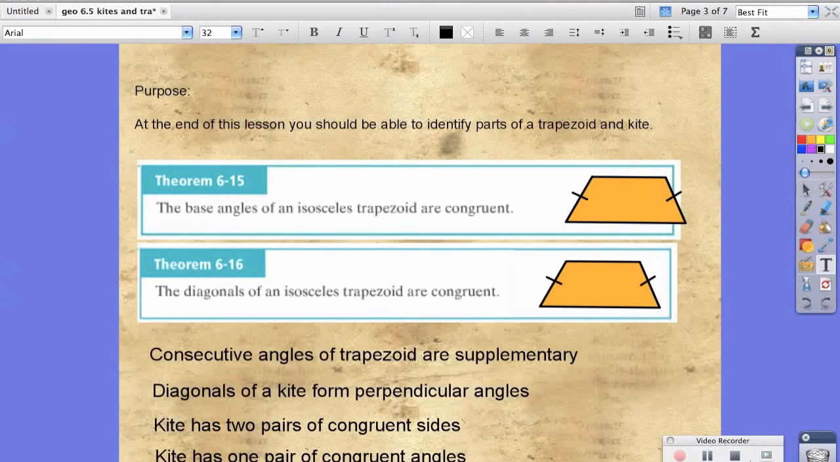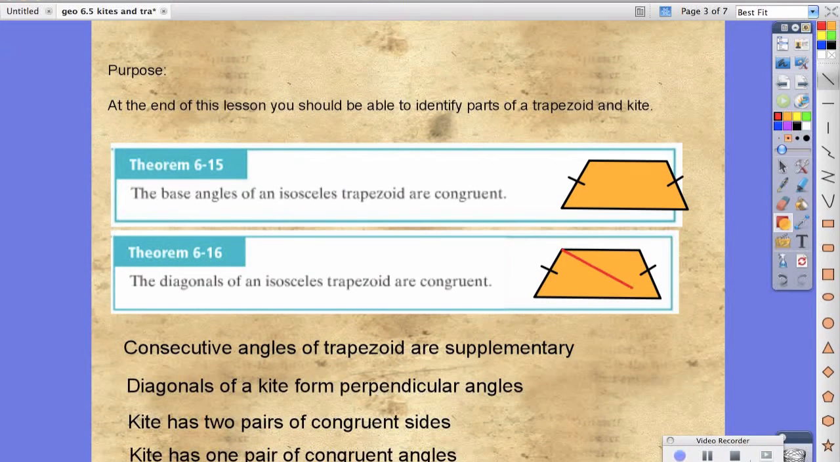So the purpose of this lesson is that at the end of it, you should be able to identify parts of a trapezoid and a kite. Theorem 6.15 says that the base angles of an isosceles trapezoid are congruent. So just to recap, a trapezoid is this figure here where we have one set of parallel lines, and the diagonals are congruent. In theorem 6.15, it says the diagonals of an isosceles trapezoid are congruent,